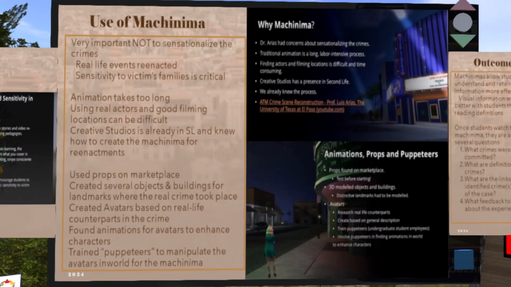For the reenactments specific to Dr. Arias's courses, one of the main characteristics is that they must be sensitive to the victim's families because they reenact real crime cases. This translates into the importance of not sensationalizing the crimes themselves. He arrived at this machinima approach after rejecting a few other alternatives such as animation, which takes too long,